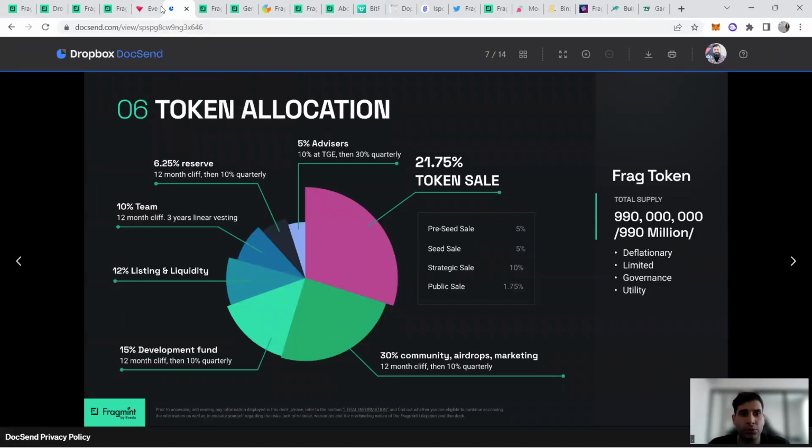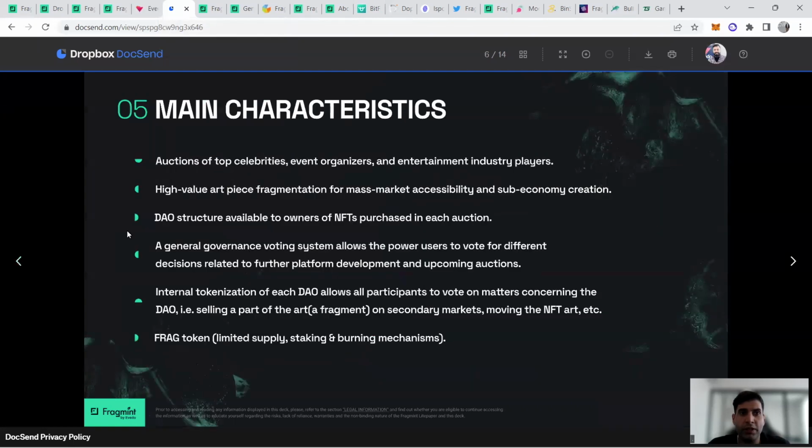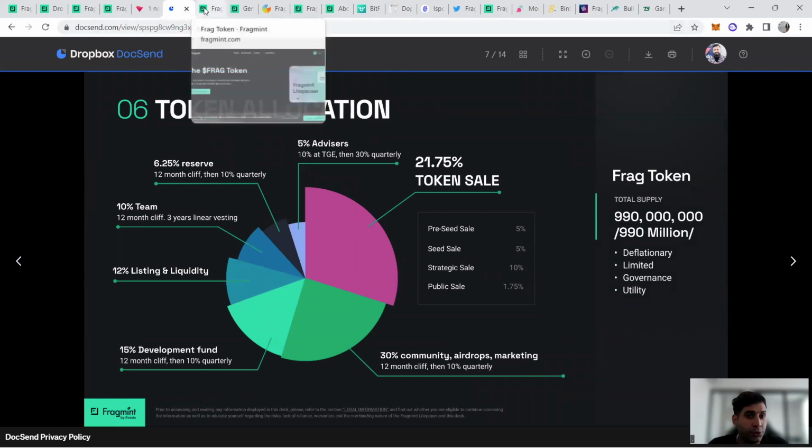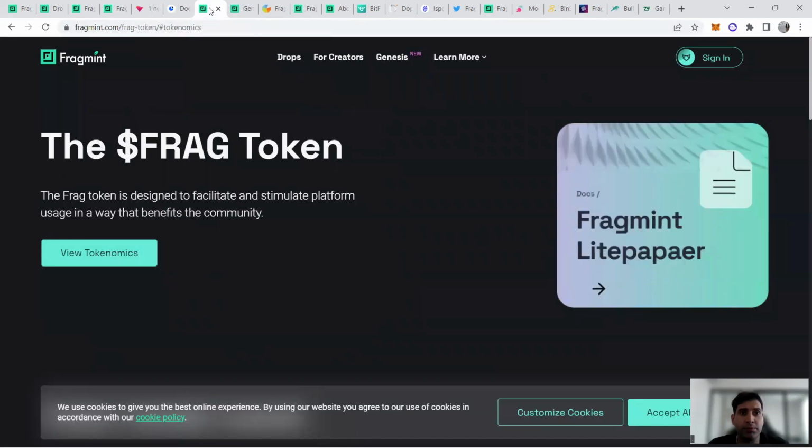Now, in terms of their token utility, as a token holder, you can use it for staking, and it's a limited supply token. So it's going to be used for staking. It's going to be a deflationary token, so it's going to be burnt. It's going to be used by celebrities from different industries. If they want to participate in the sales, they have to have a piece of the token. It can be used by the organizers, by production studios and the promoters.